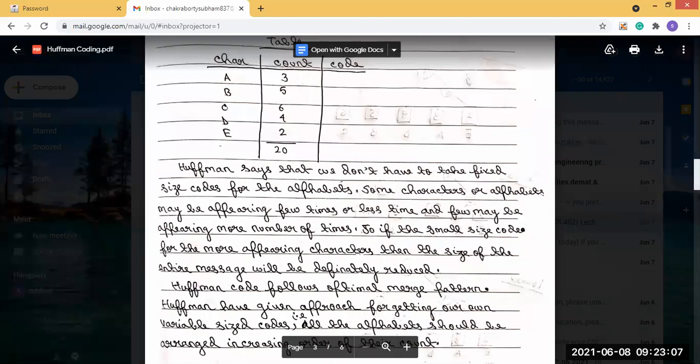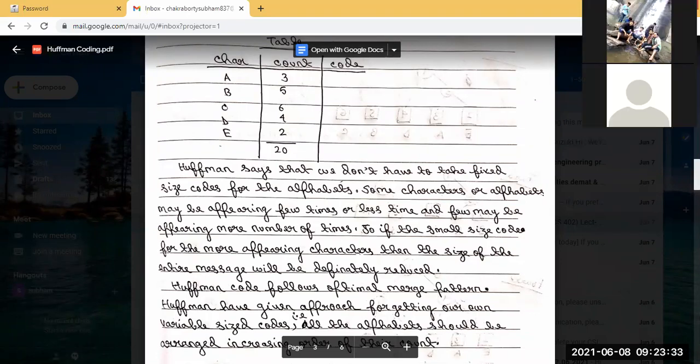Huffman says that we do not have to use a fixed size code for all the alphabets, that means the 3 bits we used here with the fixed code. Some characters will appear more number of times.